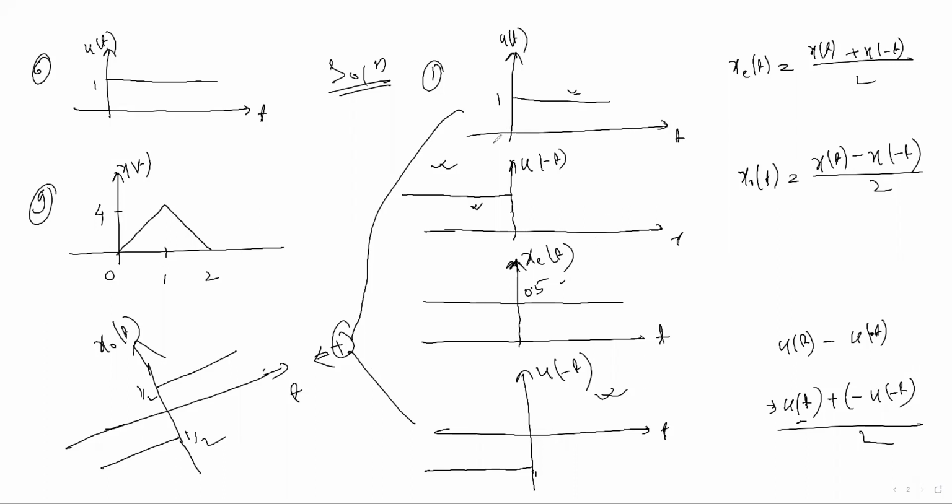Sir, once again, somebody explain once again. Okay. Let me explain in a different way. The question is given u of t. A signal is given, u of t. We know how to plot u of t. U of t is nothing but the unit step signal, which has amplitude 1 for the positive time duration. The question is to find the even and odd part, and we should know the formula.